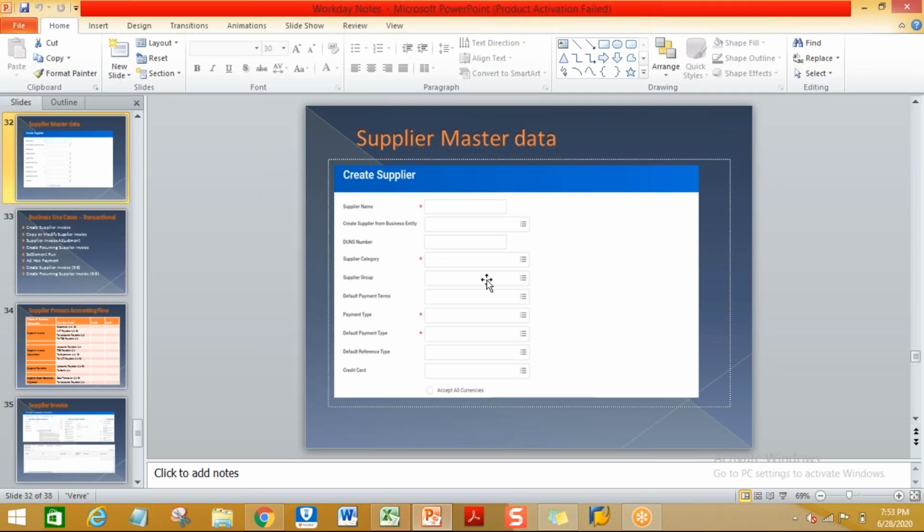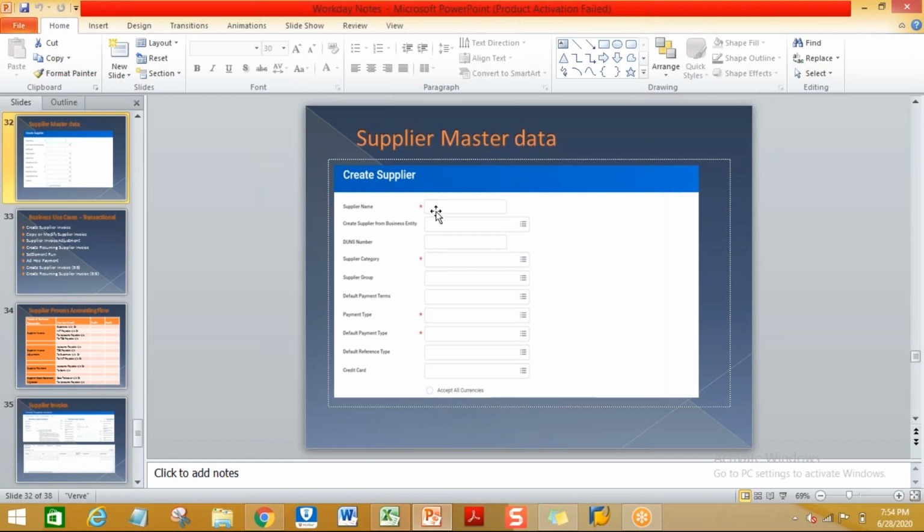The next one is the normal Workday screen for the creation of the supplier masters. Wherever you see the star mark, those are the required fields. As I told you, supplier category is the mandatory field to create the supplier masters.